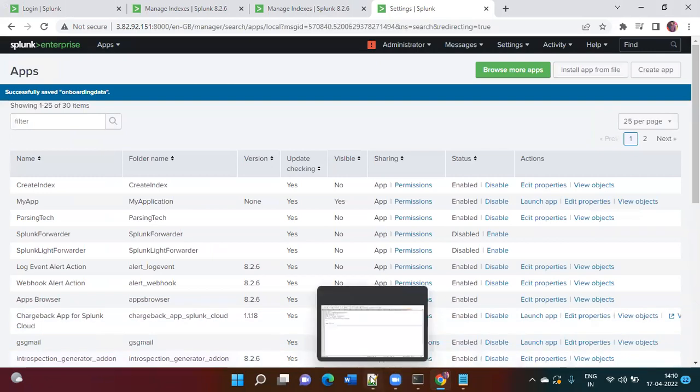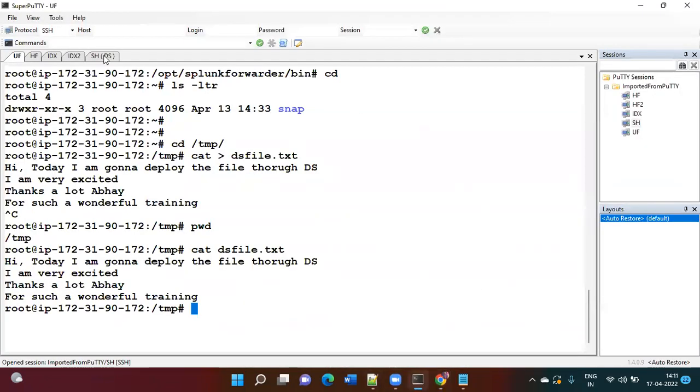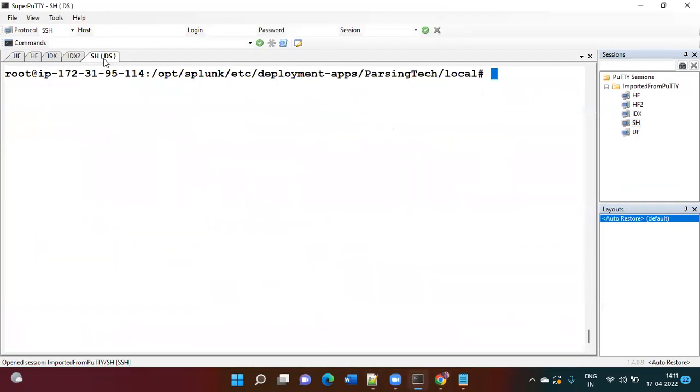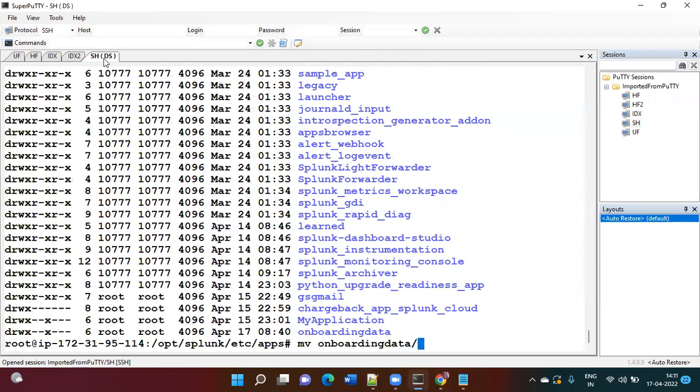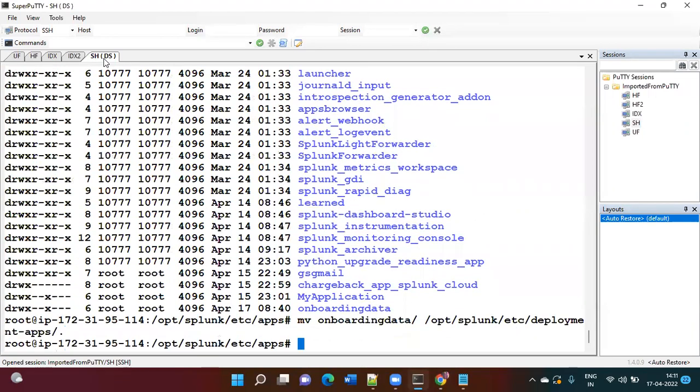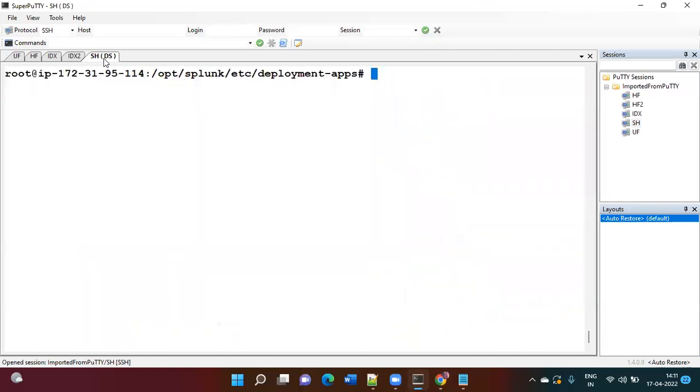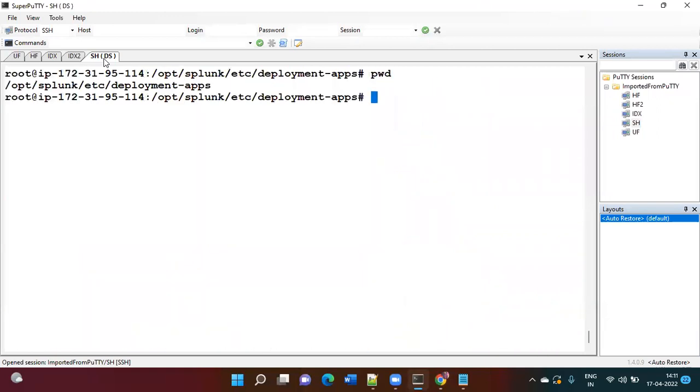App got created. What I'm going to do, I'll go to the deployment server. The same thing I'm going to do, /opt/splunk/etc/apps. I'm going to move this onboarding app to /opt/splunk/etc/deployment-apps, this one. And I'm going to go there. You see, deployment apps,